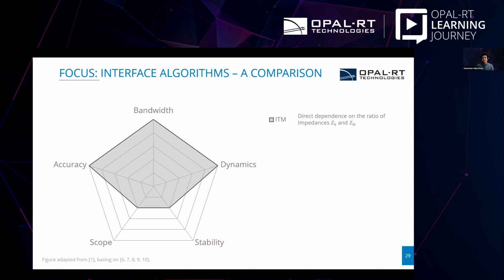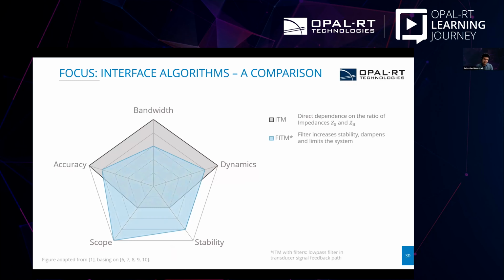We just talked about it. As just seen, it outputs the voltages or currents directly and feeds back the respective other. Its advantages are definitely on the accuracy, bandwidth, and dynamic side, while stability and scope are strongly dependent on the use case. So an upgrade for this ITM, for example, would be adding low-pass filters in the feedback path. We can see that the scope and stability definitely increase, but we limit our bandwidth, dynamics, and accuracy, obviously, by